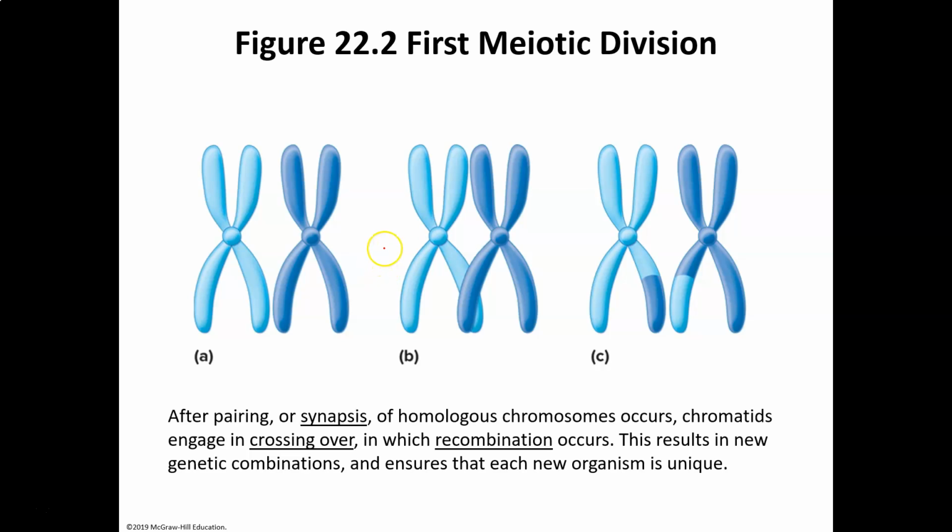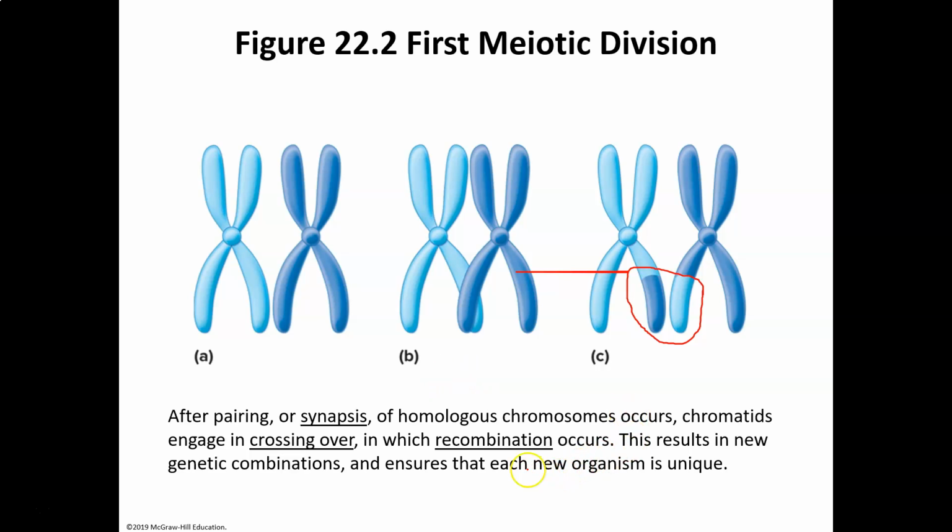This is crossing over. By the time you get to metaphase 1 in meiosis, this has already happened. So these are the crossed over ends of chromosomes or parts of chromosomes, and you can get more than one. They just show one crossing over. You can get double crossovers. There are lots of different ways that these things can cross over, but we try to keep it simple to show you just one crossing over point.